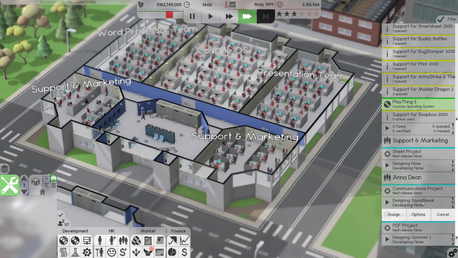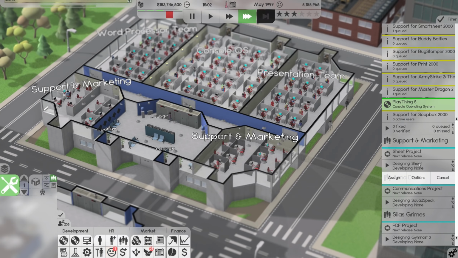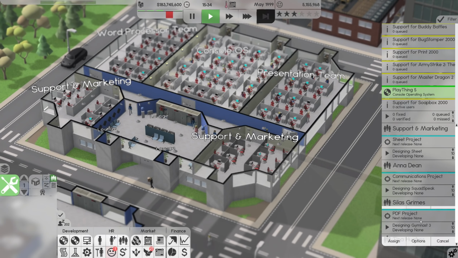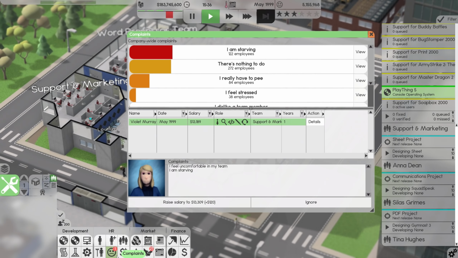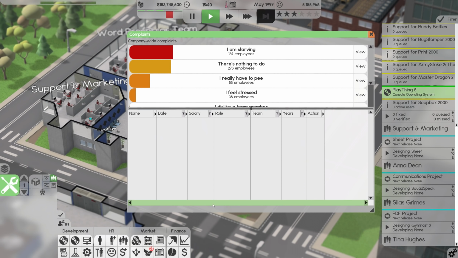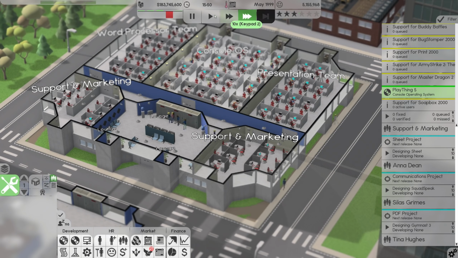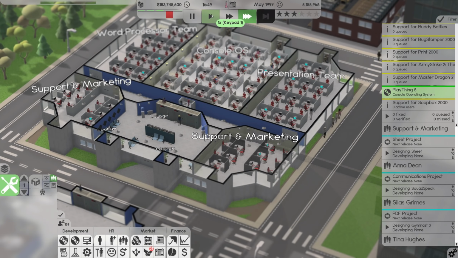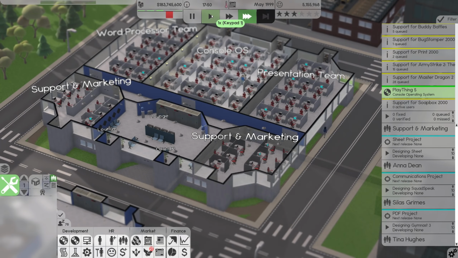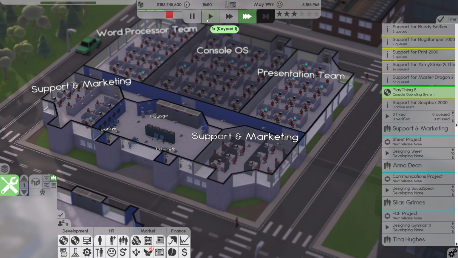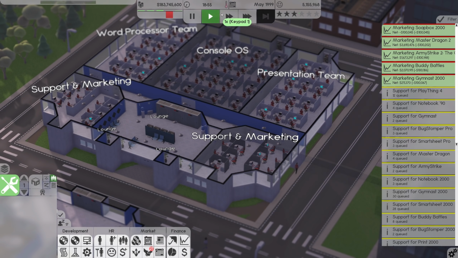There we go. Now they're designing Sheet. Fantastic. And then you guys are designing Gymnast 3. Okay. And there was a complaint. You are starving. Go eat then. You get free food. Here's more money. I don't get it. I just don't get it. It's weird. Anyway, let's see how Soapbox 2000 does. I'm kind of curious.